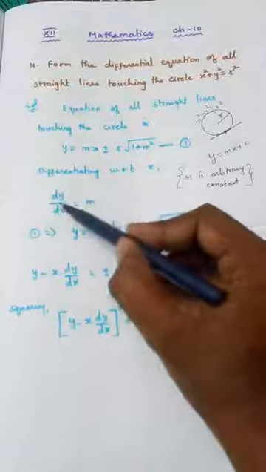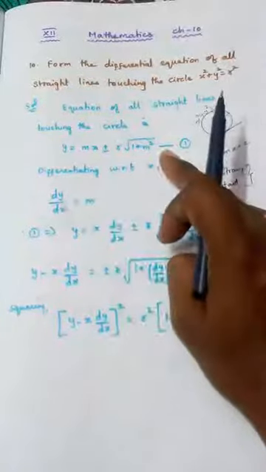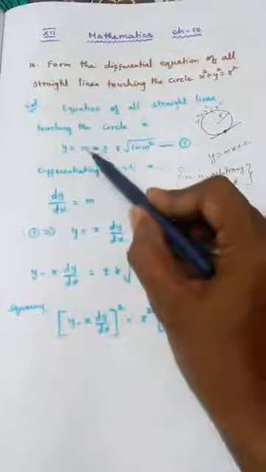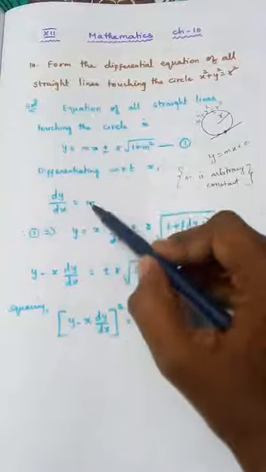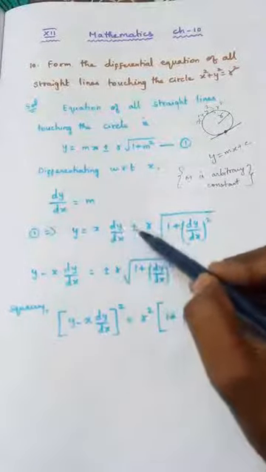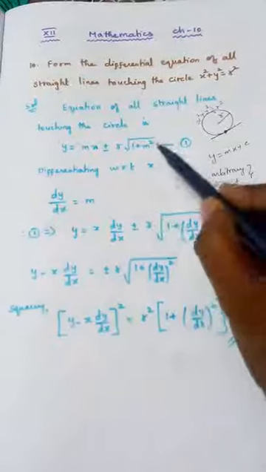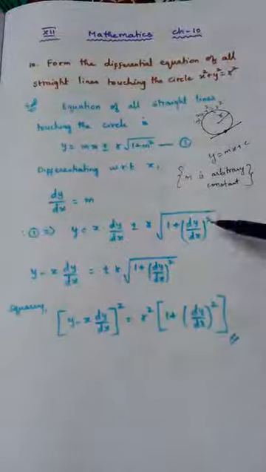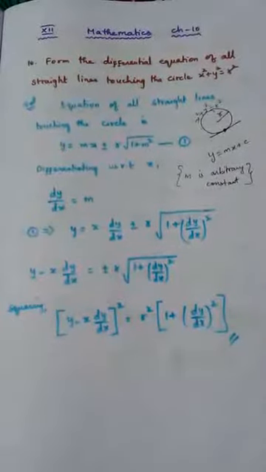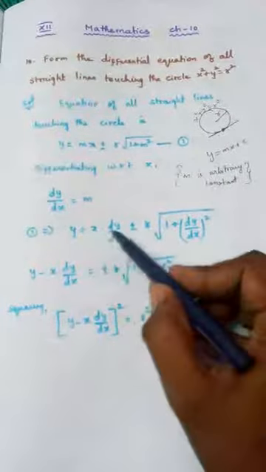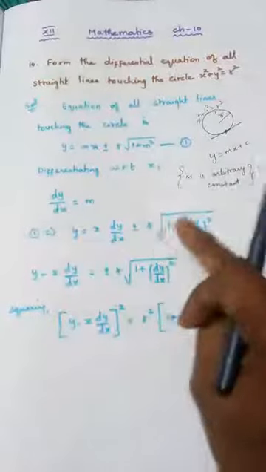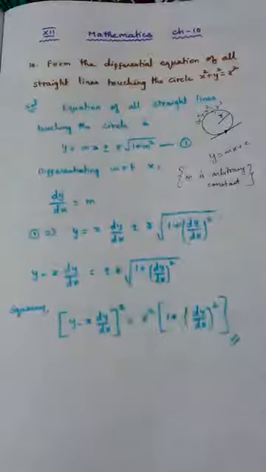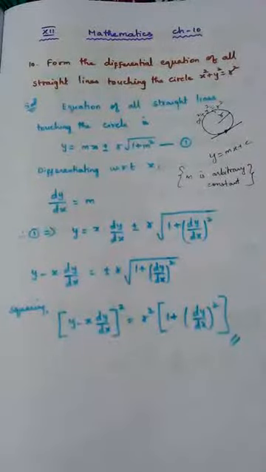Since m is equal to dy by dx, the first equation can be written as y is equal to x into dy by dx plus or minus r into root of, again in place of m you write dy by dx, square is written as it is. Then bring this term to the other side, equal to, only this remains on the right hand side, plus or minus r into root of 1 plus dy by dx whole square.